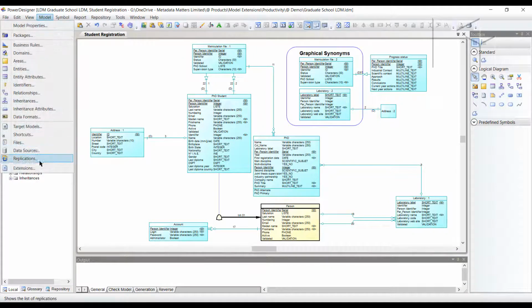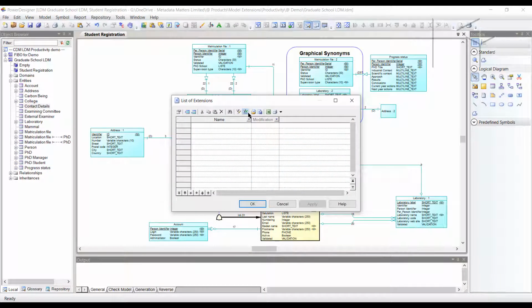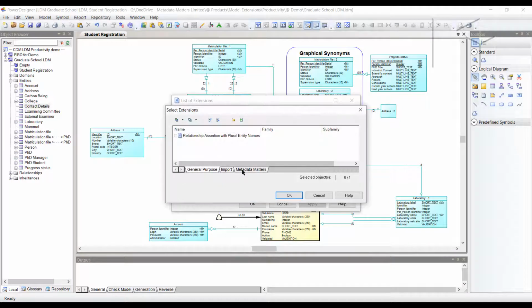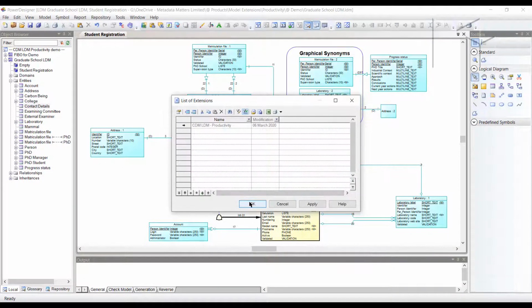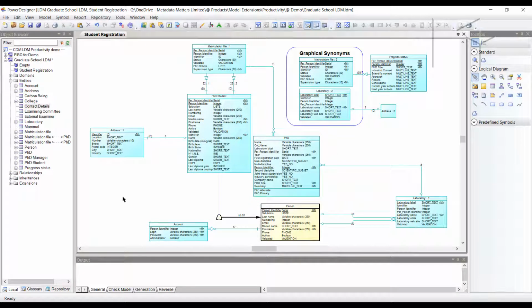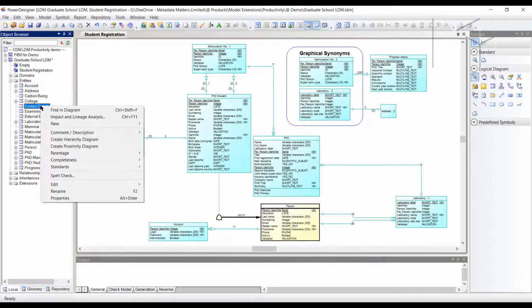First of all, I'm going to go and add this extension. There it is, that's really simple. It's added the extension. I can see it attached to the model down here, a little shortcut symbol saying it's in an external file. Now if I right click my entity, between these two lines here, there's comment and description, create hierarchy diagram, proximity diagram,